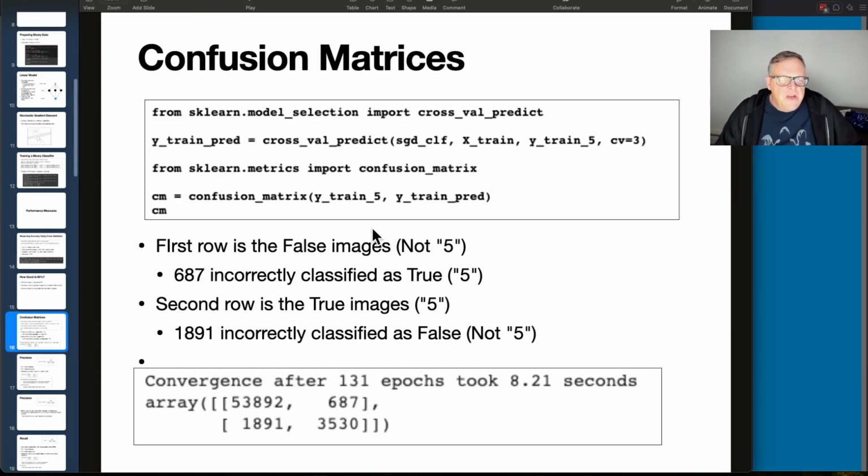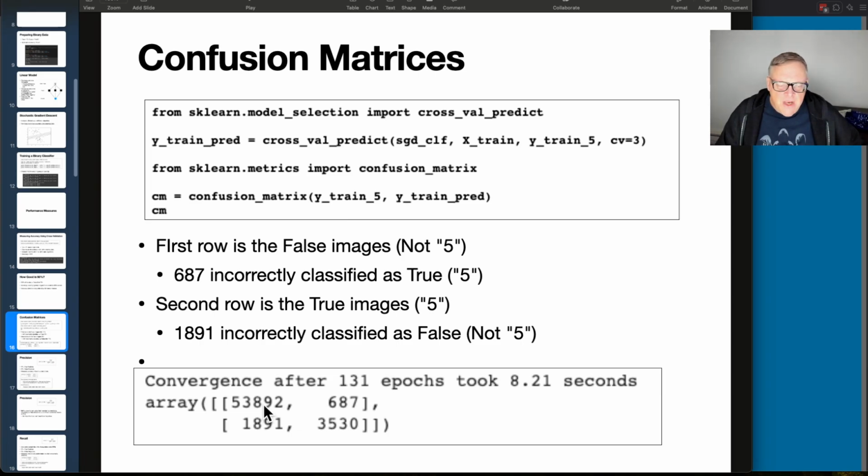All right, and so then we can do confusion matrices that give you a lot more information. This is the not 5s correctly identified as not 5s. This is the 5s correctly identified as 5s. Oh no, these are the not 5s identified as 5s, incorrectly classified as true, and these are the 5s incorrectly classified as not 5s. So if you sum these true categories, 95% of them are correct,